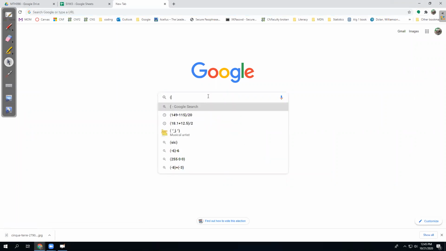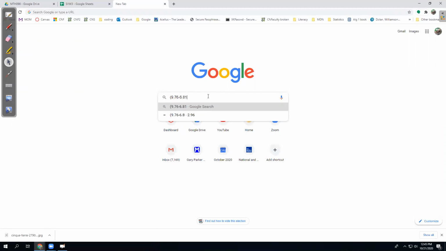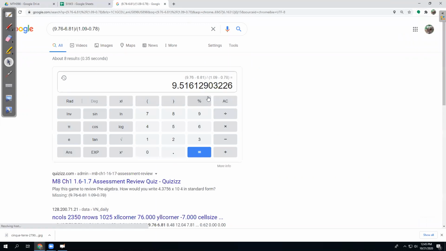So I want parentheses 9.76 minus 6.81, close parentheses, divide by 1.09 minus 0.78, close parentheses, and Google says the slope is about 9.516 if I go 3 decimal places.